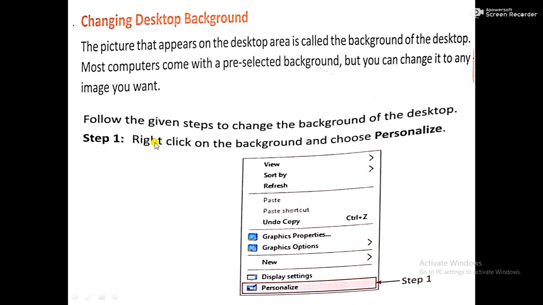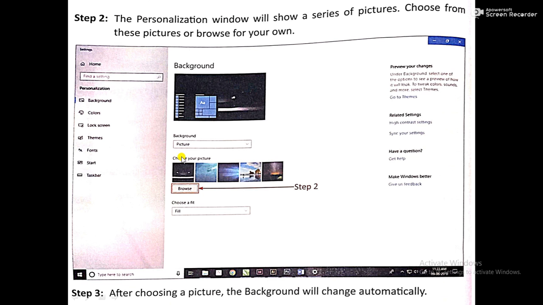Step number 1, right click on the background and choose the Personalize option. On the background, right click, and this shortcut menu will appear. From this shortcut menu, choose the Personalize option. After that, in step 2, the personalization window will show a series of pictures.